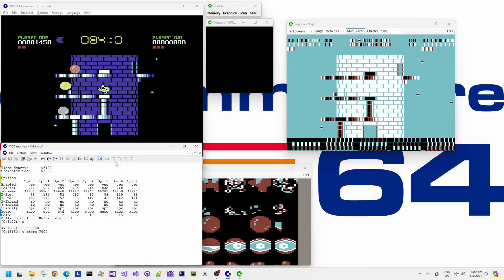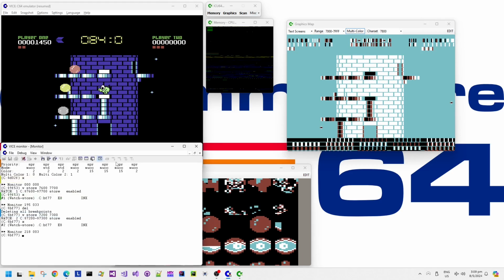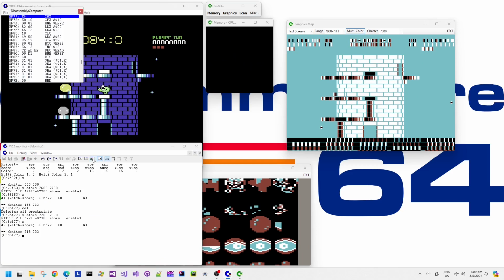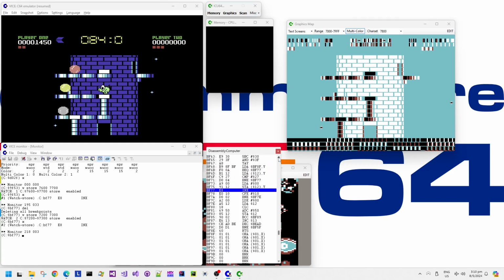So what we're going to do now is look at what is rendering into a portion of the screen memory, which is one of the screens. This is the second screen bank at 7600 to 7700. Maybe that wasn't such a good area to look at because I'm actually looking at the zoomed in screen for the first screen bank, which is at 7000 to 73FF, right? 73F7. Anyway, so this is the first bit of code that comes up when I'm looking at a